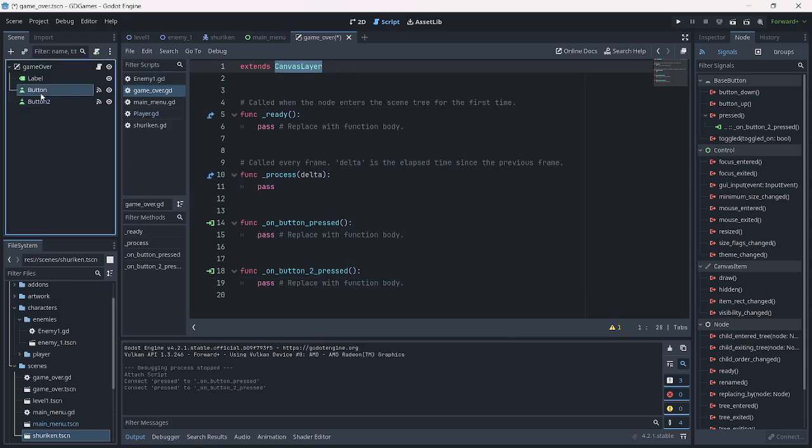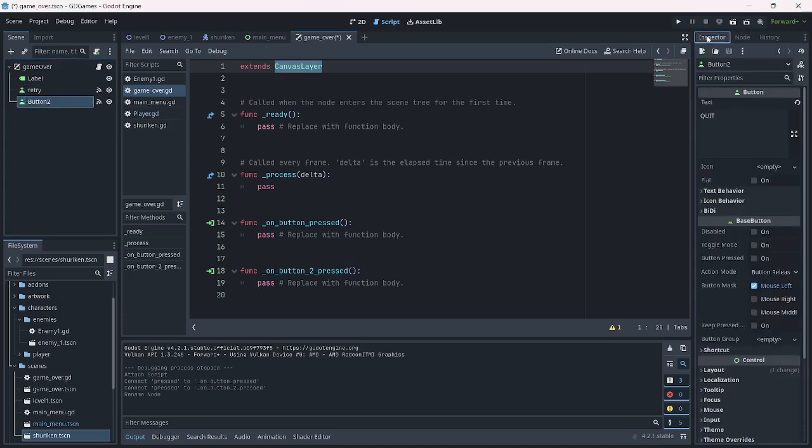Okay, now let's try to go and do some renaming here. Again, this is the quit button. So quit. And of course, we want to have this as the retry button. This one we want to say click